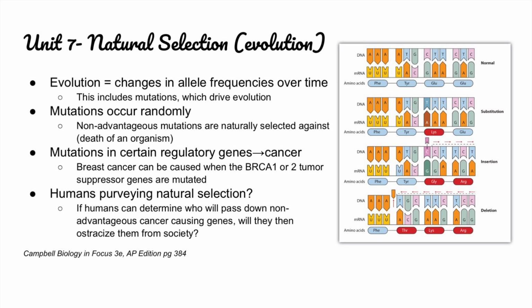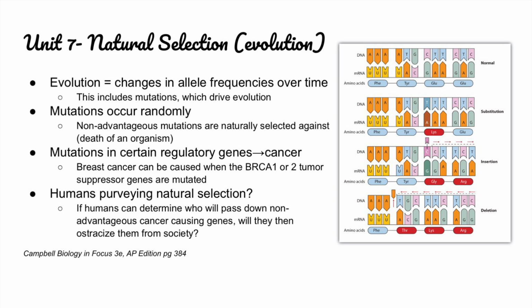Mutations in certain regulatory genes can cause cancer. So breast cancer can be caused when the BRCA1 or 2 tumor suppressor genes are mutated. After they've been mutated, that frameshift mutation results in the regulatory protein, the BRCA1 or 2 tumor suppressor, not being able to properly regulate the cell cycle, therefore it goes out of control, cancer occurs,